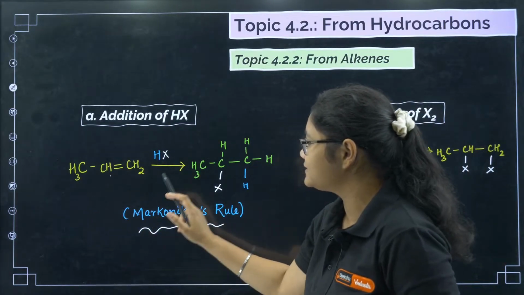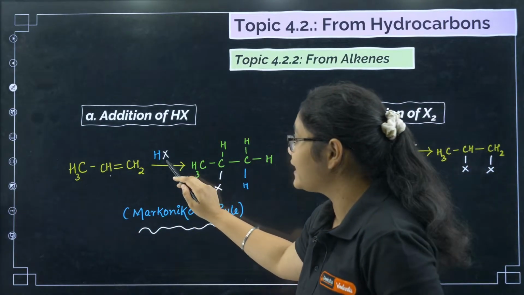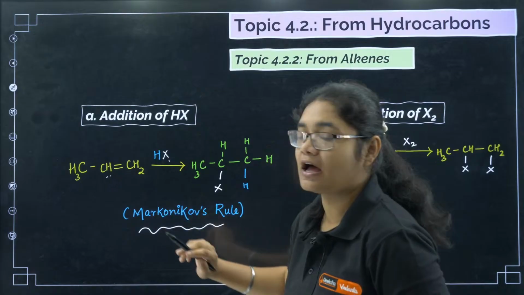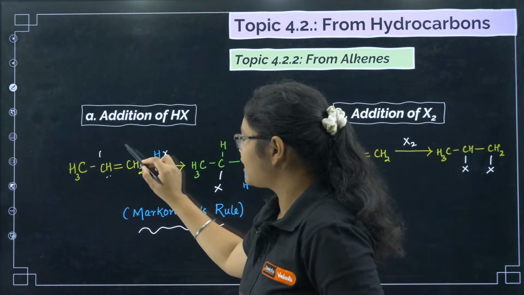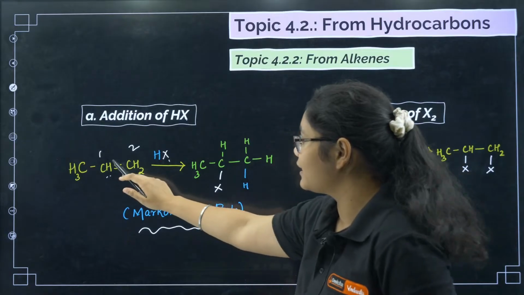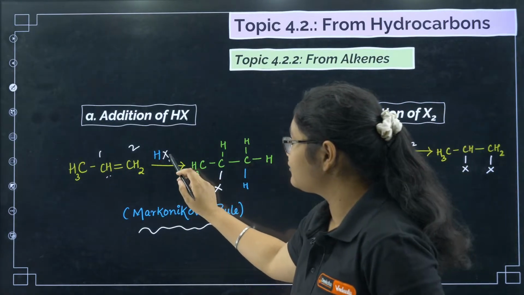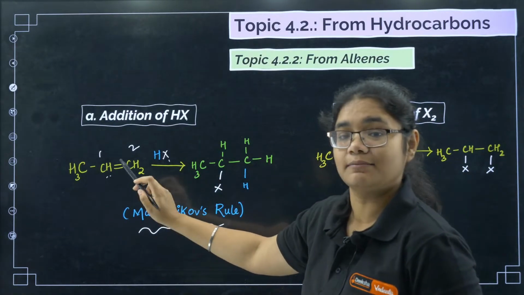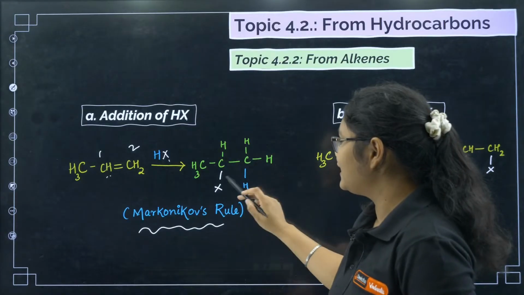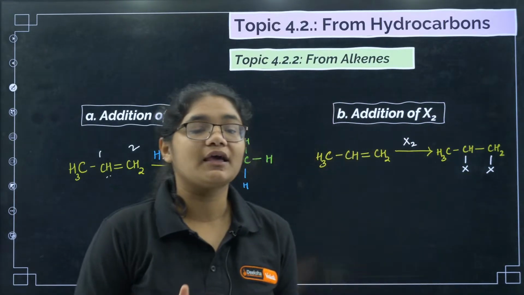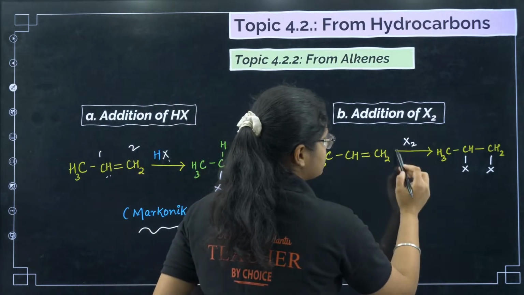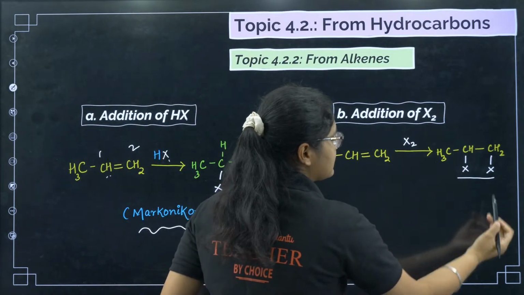So if propene is there, I am adding HX to that. The negative part, that is X, will be added to the carbon having fewer hydrogens in the double bond. Here I can see one carbon with one hydrogen, another with two hydrogens. So the negative part will go to the carbon having fewer hydrogens. So X is added here and H is added there. That is using HX. And if you use Br2 in CCl4 or X2, anything, both carbons of the double bond are replaced with X